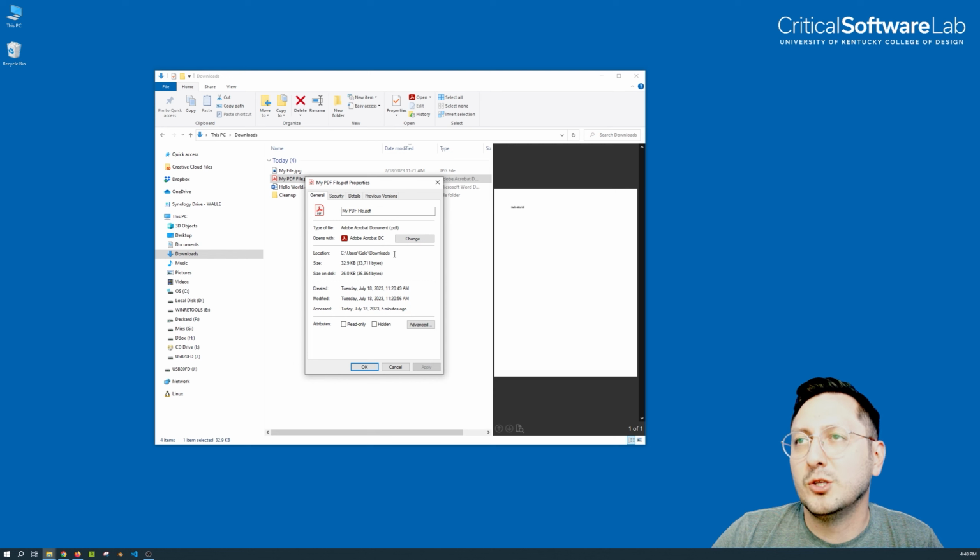We have the file's location, we've got its size, we've got information about when it was created and when it was modified. This information is going to be very useful for us because it allows us to understand a little bit more about what the file is representing. I think the most important aspect of file management is understanding the size of the file and the name and